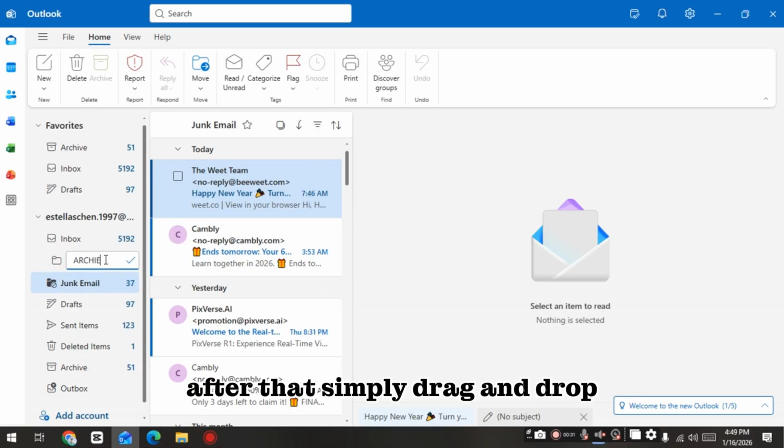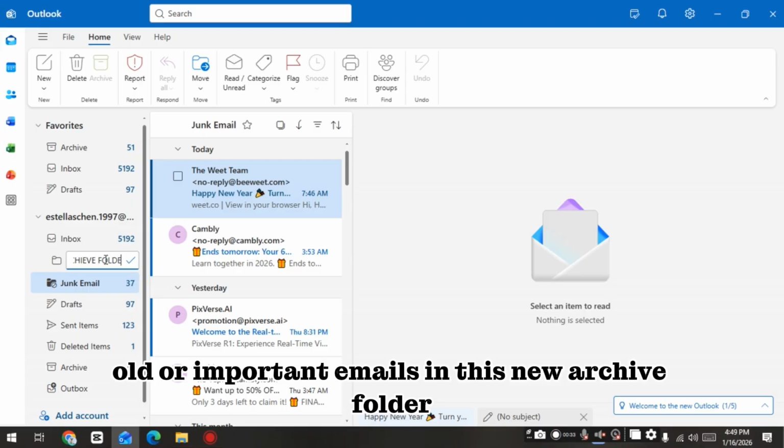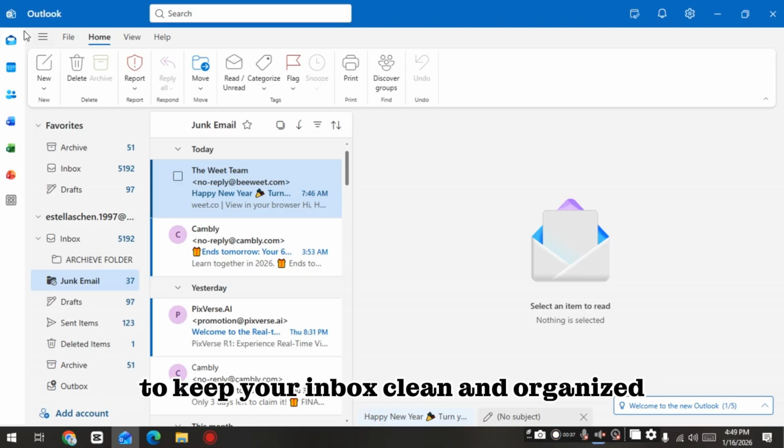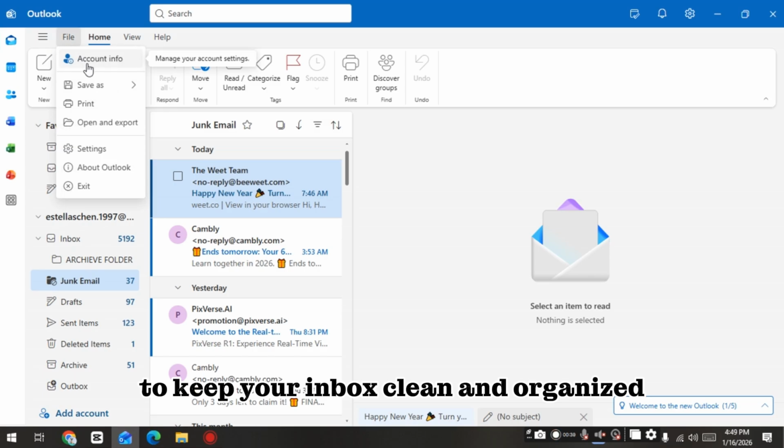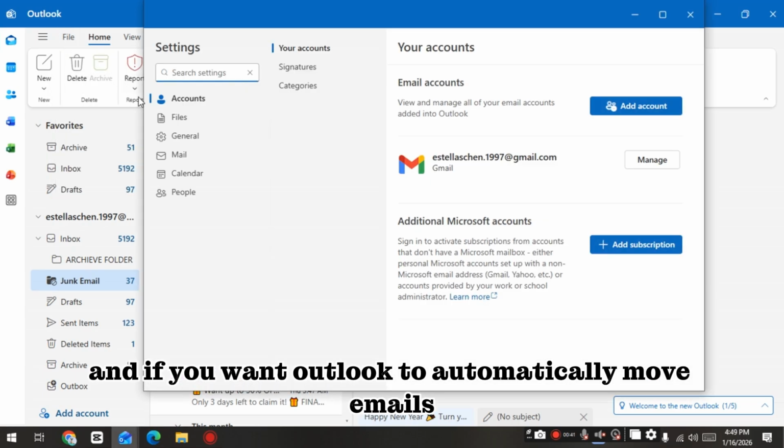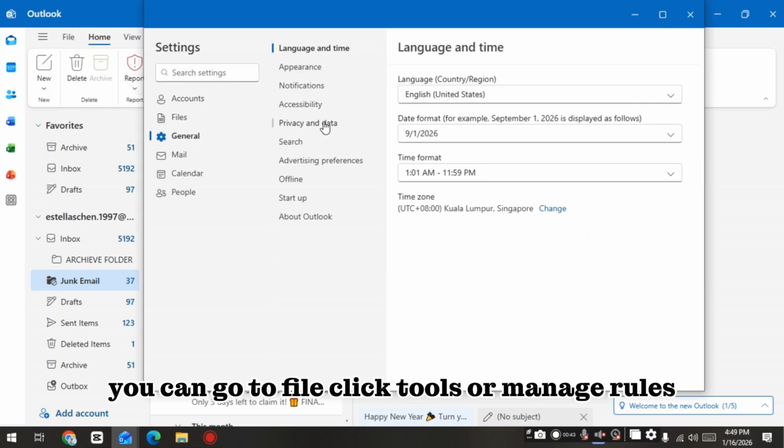After that, simply drag and drop old or important emails into this new archive folder to keep your inbox clean and organized. And if you want Outlook to automatically move emails, you can go to File, click Tools or Manage